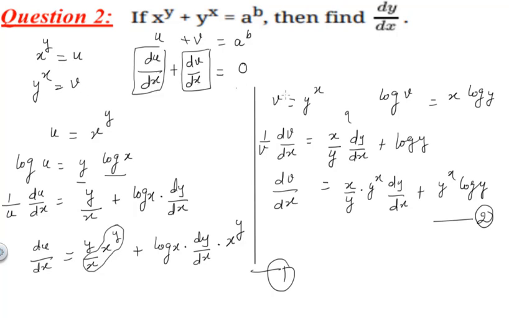So when you put them, just combine the equations and then you have to write the value of dy by dx. So you have dy by dx term here as well as here. You're going to combine these two terms and the other two terms separately. And you can just separate all the terms from dy by dx. You're going to get your answer. Clear? Let us move to the third question now.